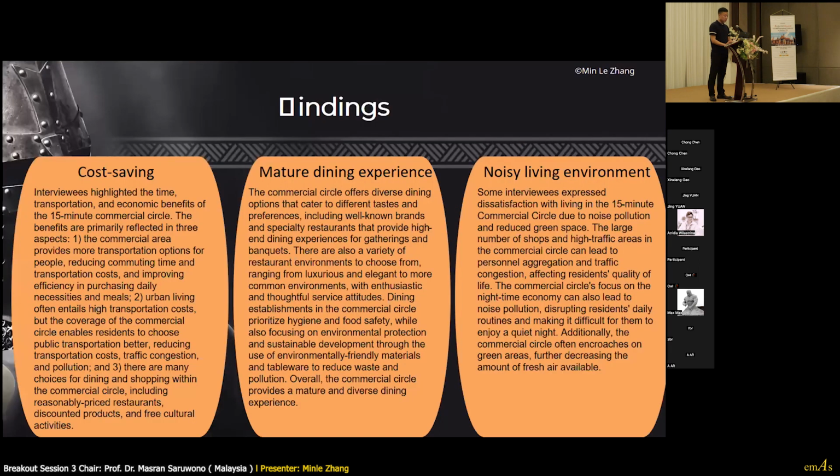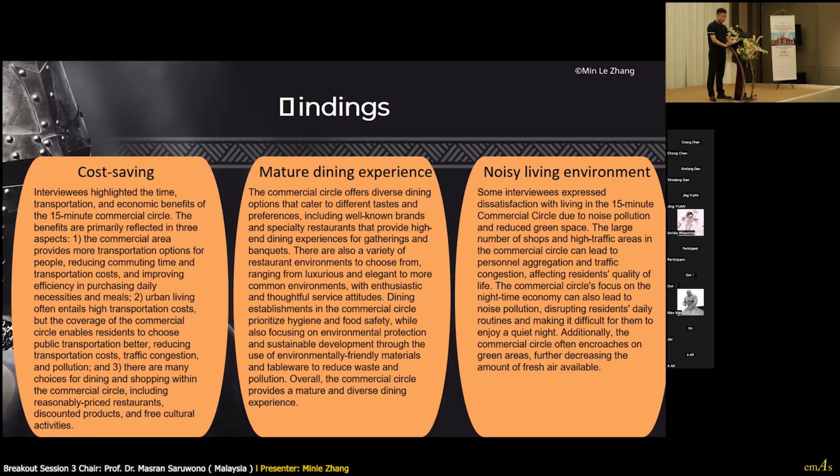Through the interviews, we found that the formation of living circles has brought three typical phenomena to residents. First of all, it saves residents' living costs, such as transportation and time costs, because residents do not need to spend extra transportation cost and a lot of time on shopping or dining.